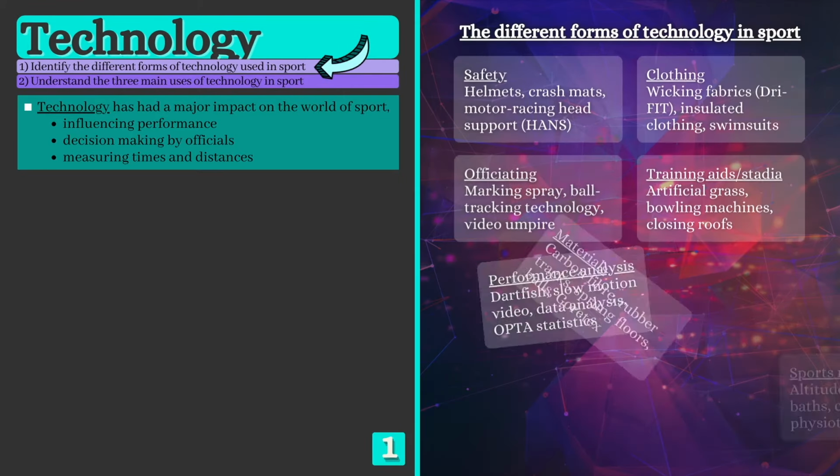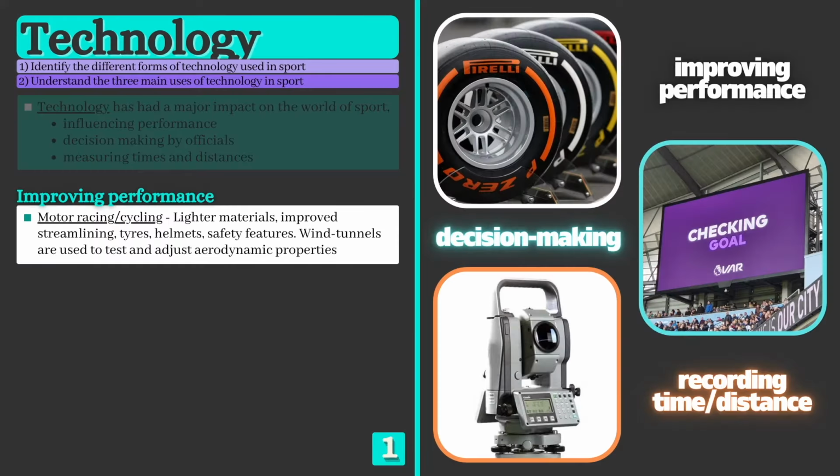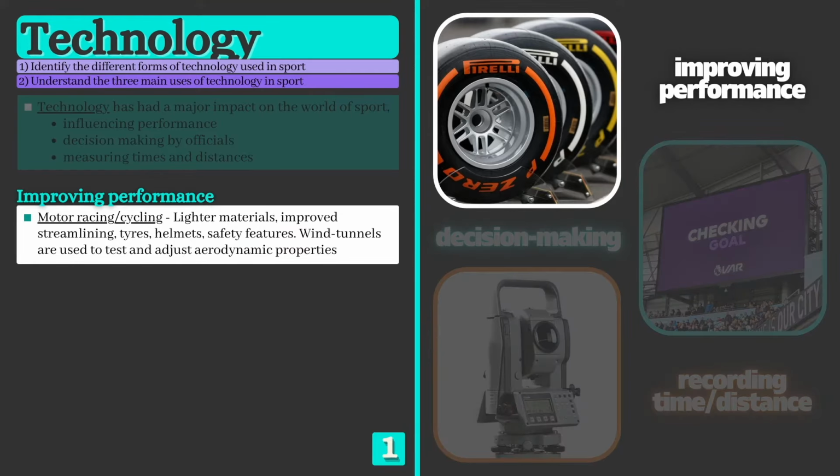The first thing that you need to be able to do is identify the different forms of technology used in sport, so why not pause the video here and take note of the different types and a few examples from each. Now there are three main benefits or uses of technology in sport, the first of which is to improve